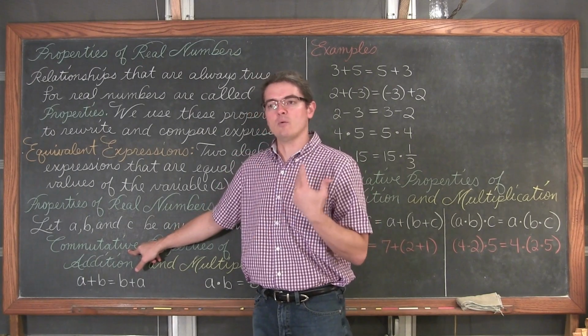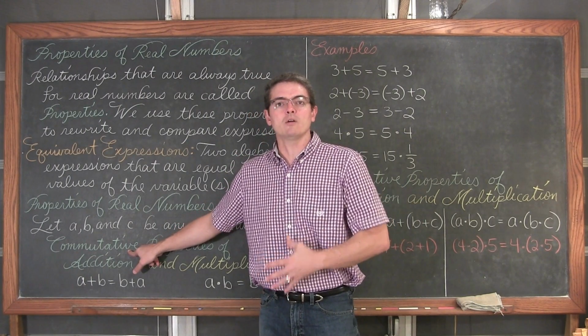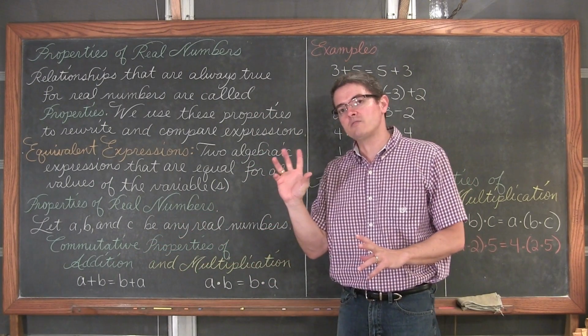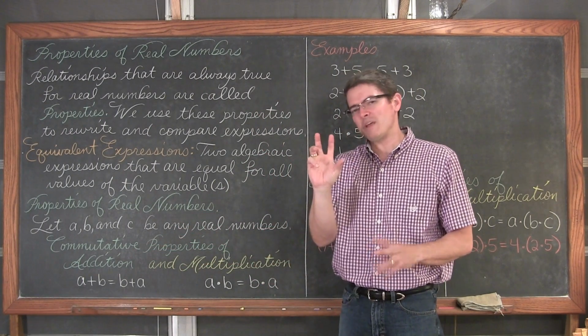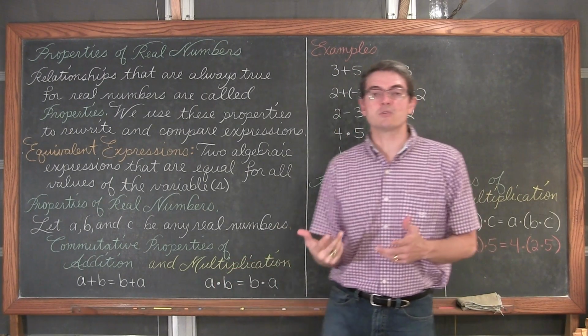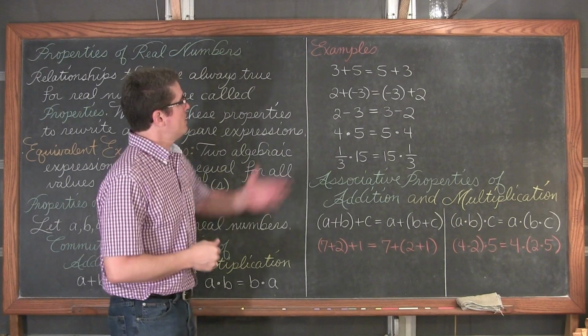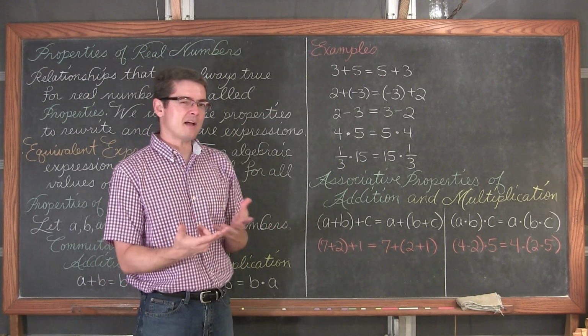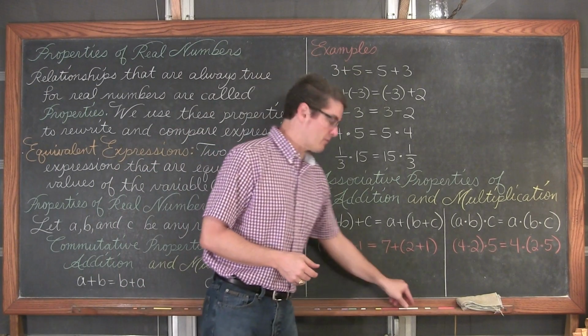Move the numbers. Like if I want to commute to work, I move from where I am here at home to work. I drive to work. So commuting is taking these values and moving them around, basically just switching places in these expressions or equations as it may be. So here we have some examples of statements that are true, and we're going to validate whether or not they're true, do a little bit of arithmetic.